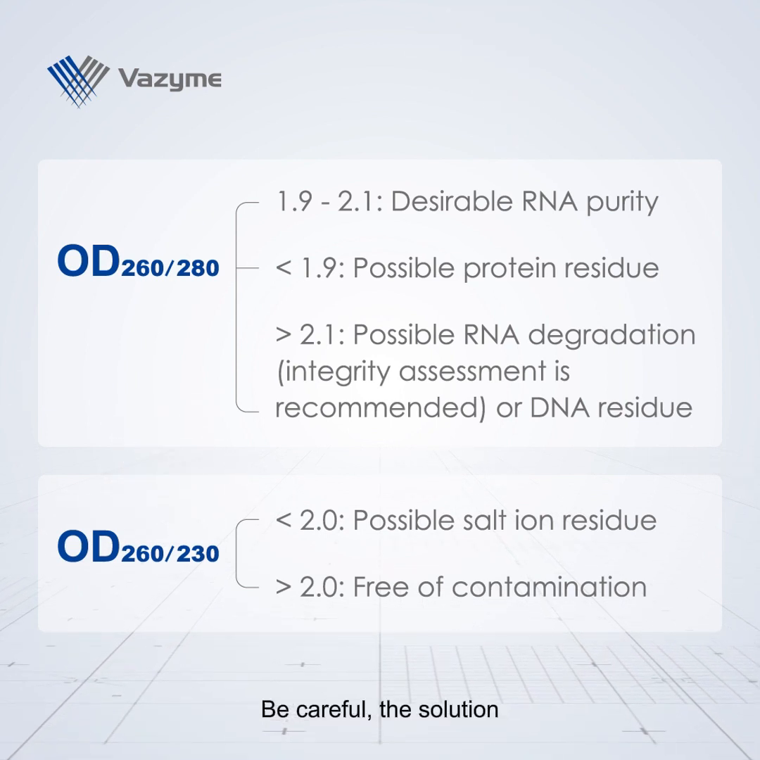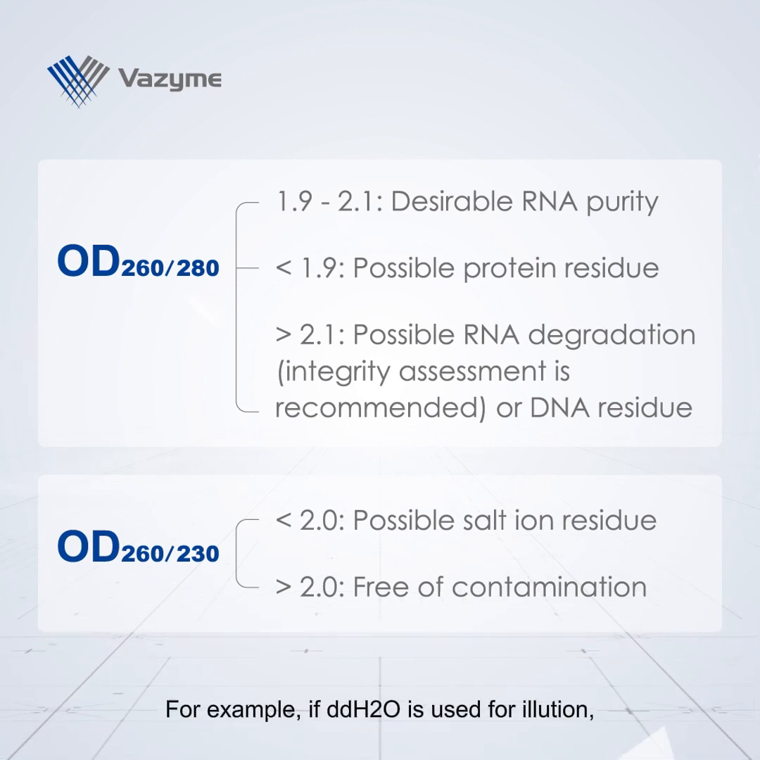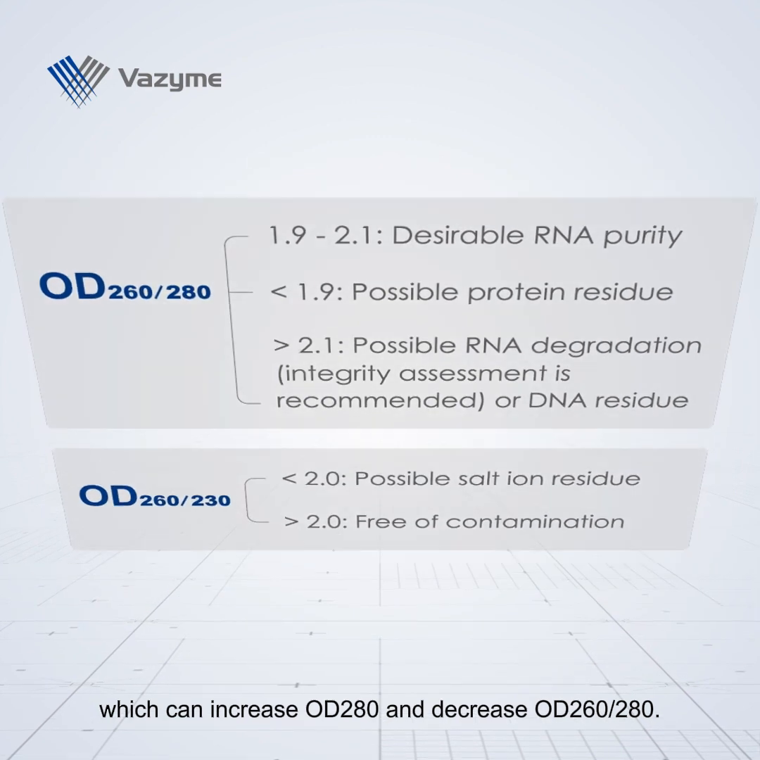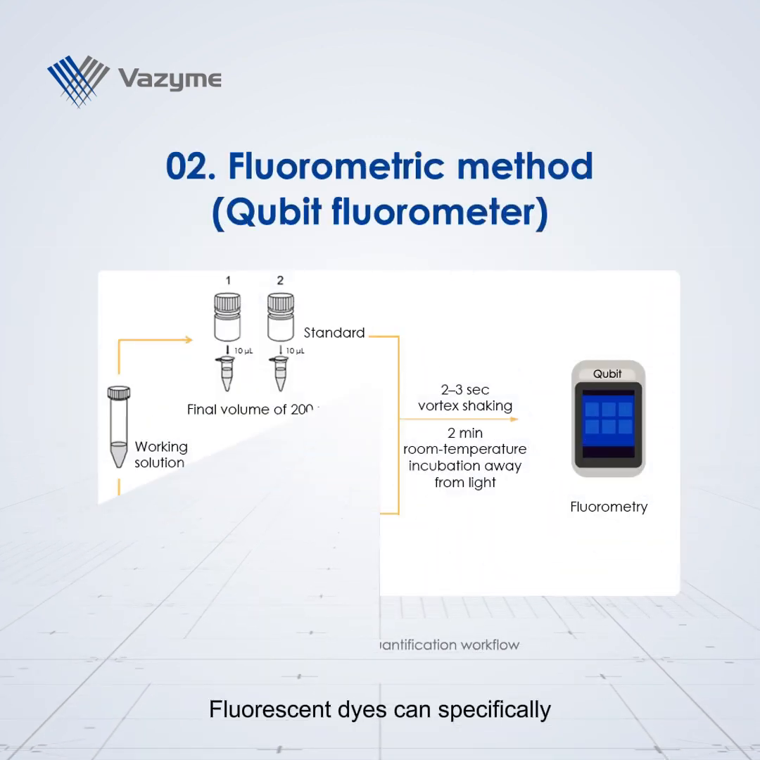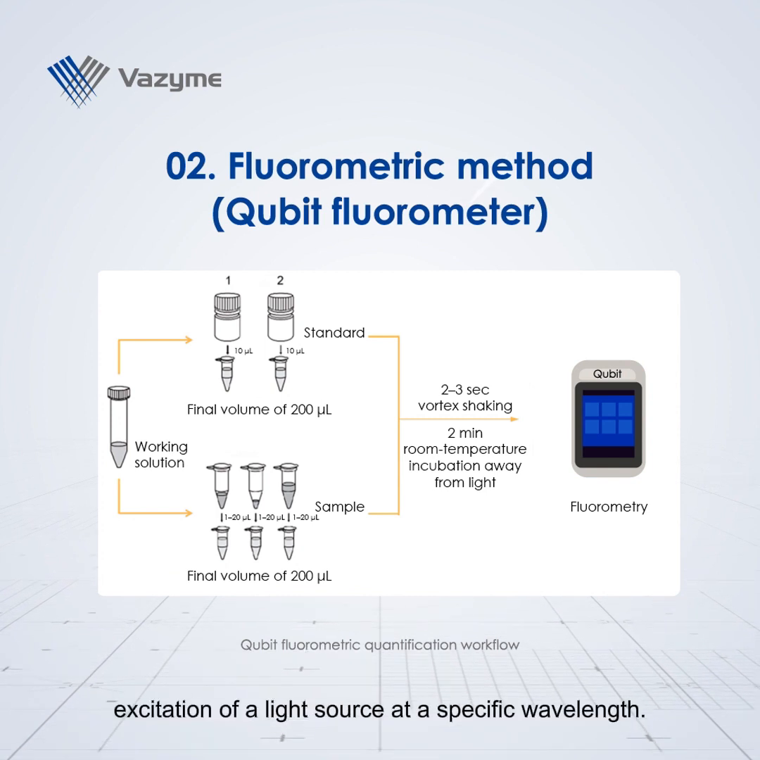Be careful, the solution pH can affect the measurement of OD value. For example, if ddH2O is used for elution, the solution is weakly acidic, which can increase OD280 and decrease OD260/280. Fluorescent dyes can specifically bind to target molecules and emit fluorescence under the excitation of a light source at